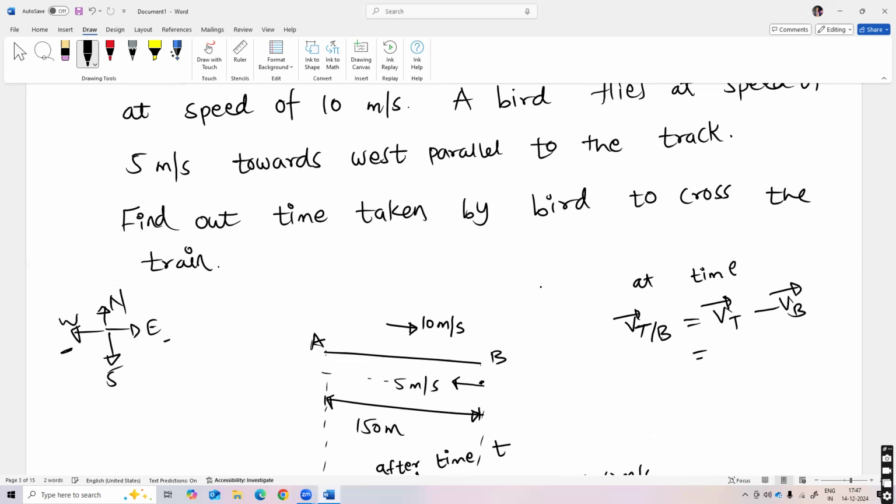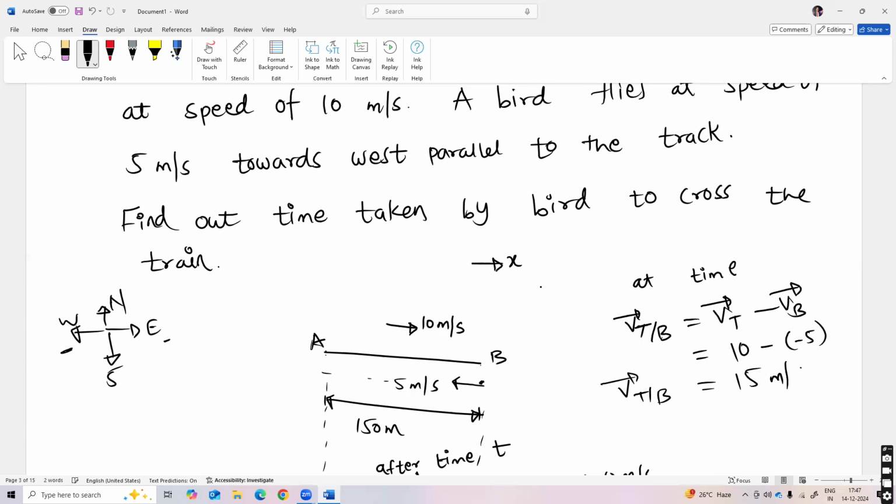It is equal to 10 minus. Now you can see this is the positive x direction. So velocity in the positive x direction is positive, whereas velocity in the negative x direction is negative. So VB is here minus 5 because it is in the negative x direction. So the relative velocity of the train with respect to the bird is 15 meter